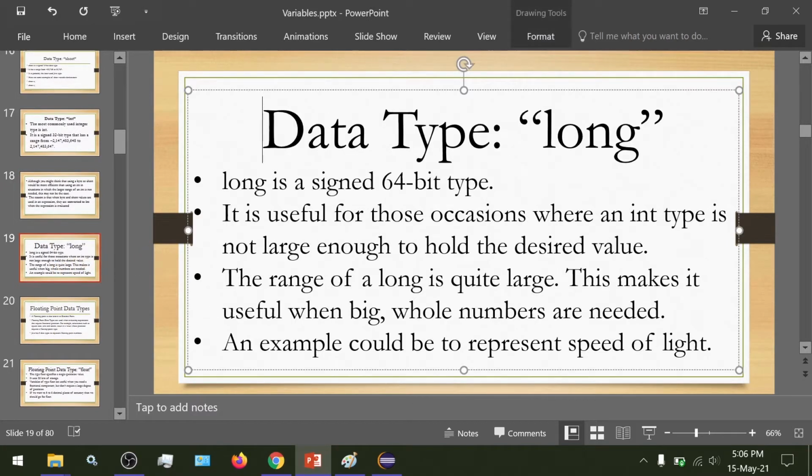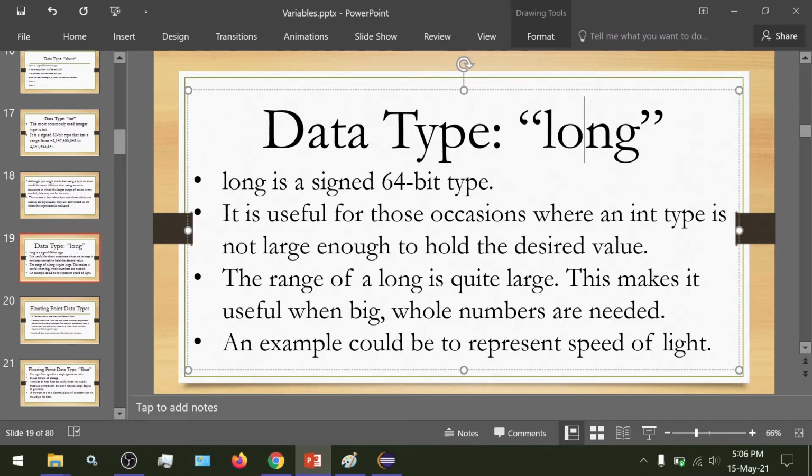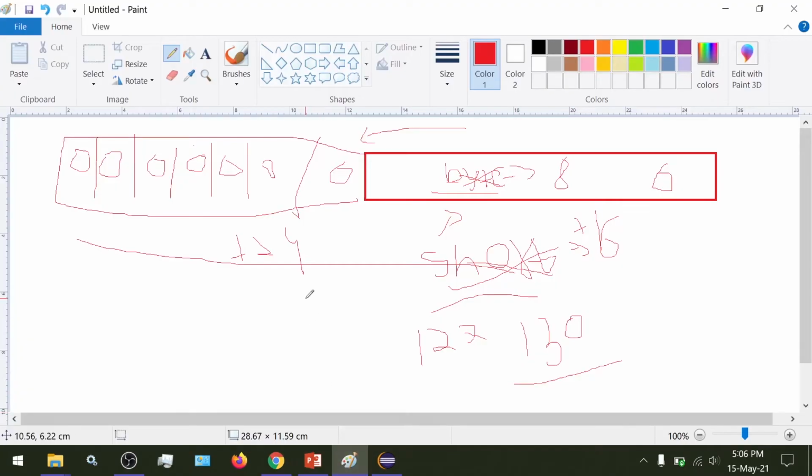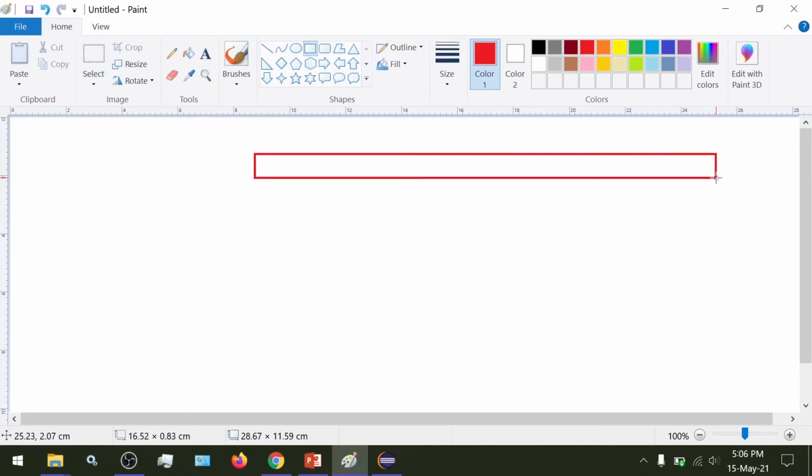Now we will take a look at the data type long. Long is signed, so it has a sign, and it is a 64-bit type. You should understand now what this means: the number of bits we can use to store a long is 64.